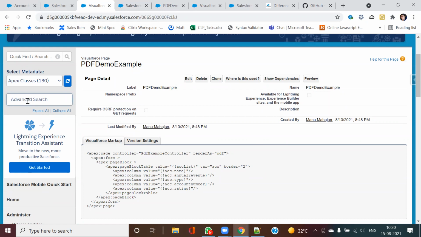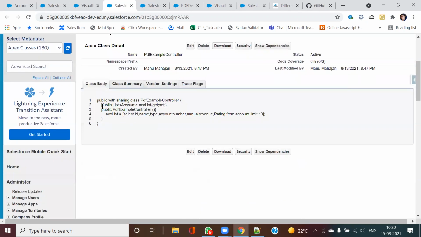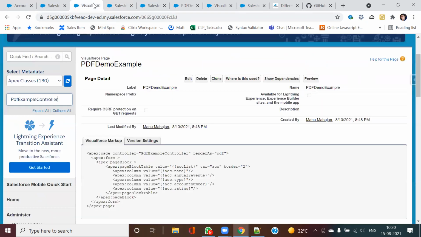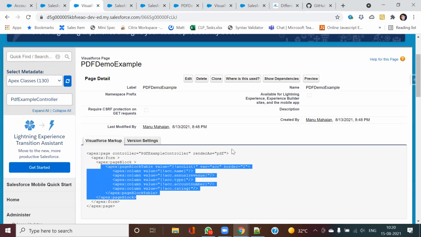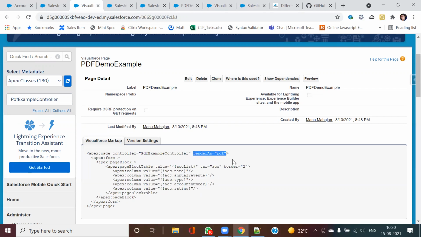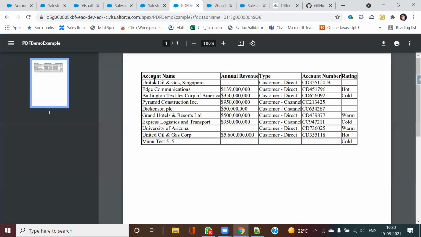What I have done is just return a list of accounts, 10 account records. In the page block table, I am displaying those accounts. After that, I have used this renderAs PDF tag, and based on that this is coming up. Is this clear?